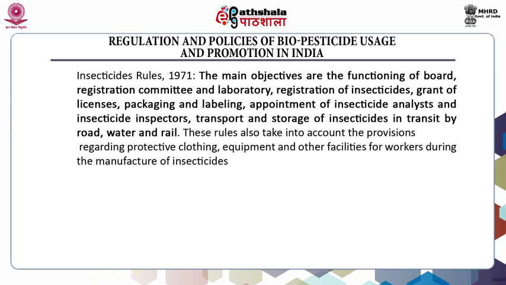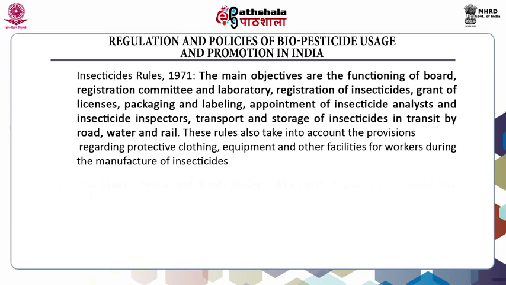The main objectives are the functioning of the board, registration committee, laboratory, registration of insecticides, grant of licenses, packaging and labeling. Appointment of insecticide analysts and insecticide inspectors, transport and storage of insecticides in transit by road, water and rail. These rules also take into account the provisions regarding protective clothing, equipment and other facilities for workers during the manufacture